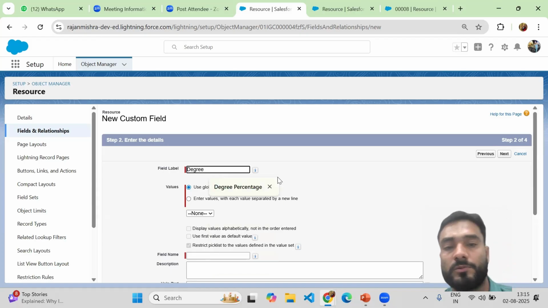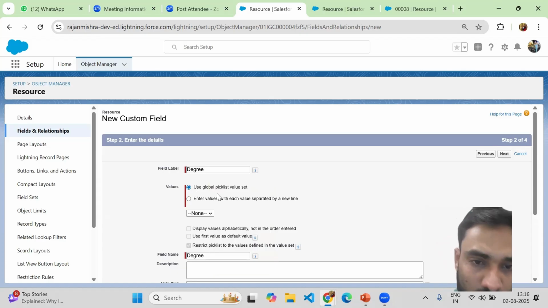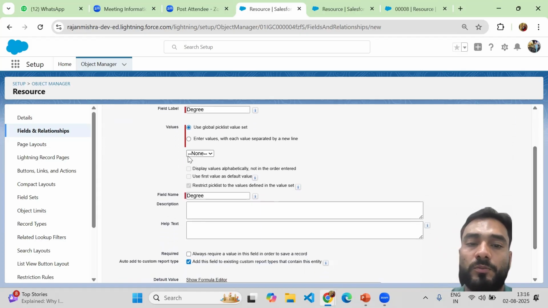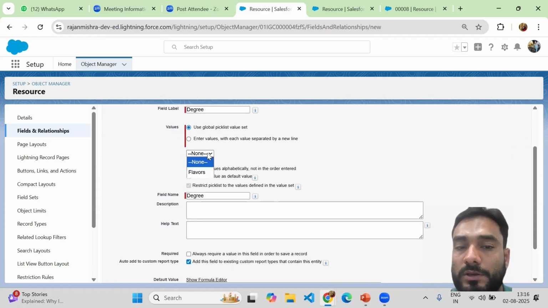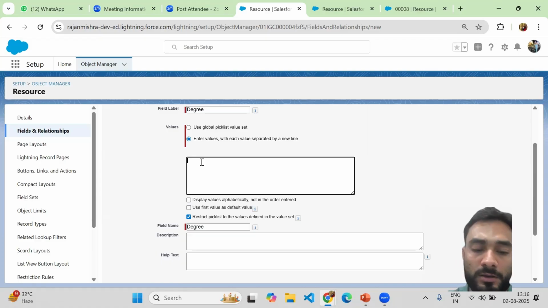Suppose I want to store a degree. Use a global pick list value and enter each value separately, one per line. If you want to pull a global value, we create it separately, so we have to create and select it here. I want to give entries like B.Tech, then diploma,